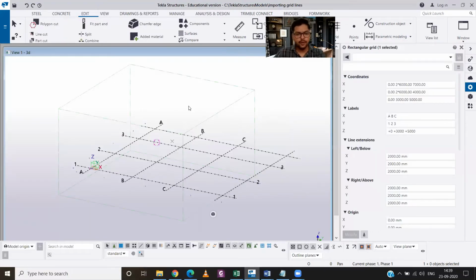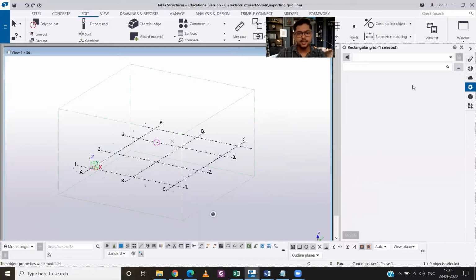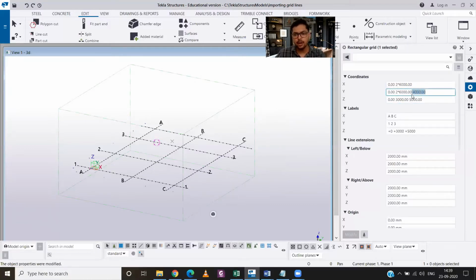So this is our new file, and you can modify these grid lines by just entering the values over here, or you can also modify it by deleting the values. So I have already covered this point in my previous videos. So if you want to know how we can do that, then you can watch my previous videos.